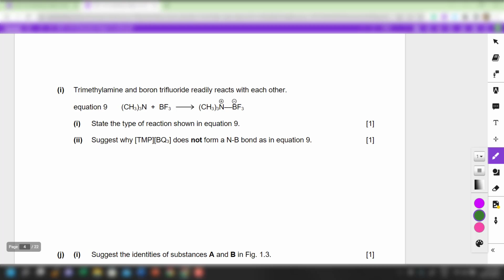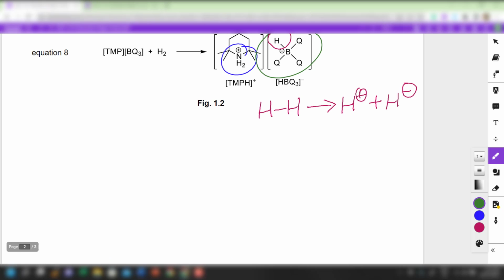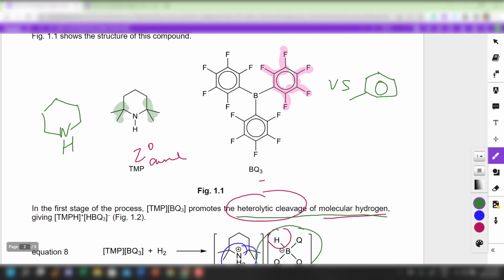Okay, and then suggest why TMP BQ3 does not form an NB bond as in equation 9. So again, you might be curious, why is it that when I add TMP with a lone pair of electrons over here, it doesn't attack the boron center? Why is that the case? Well, there are two important reasons. Number one is, remember I mentioned earlier on that TMP is sterically hindered at the secondary nitrogen center due to the 4 methyl groups. And then of course the boron center here is likely to be hindered by the presence of the 3